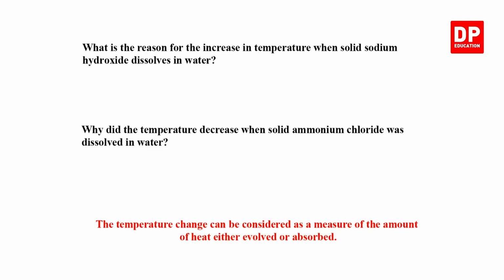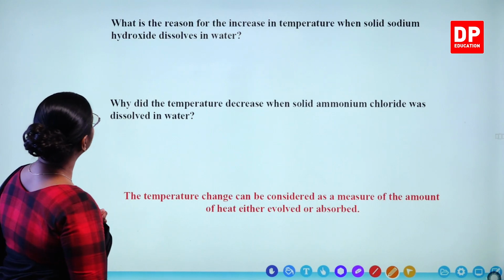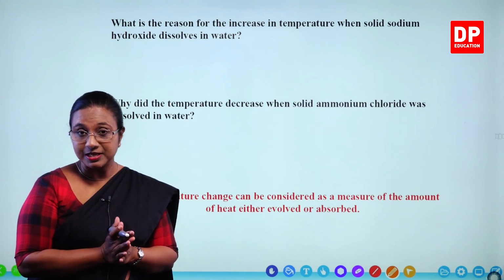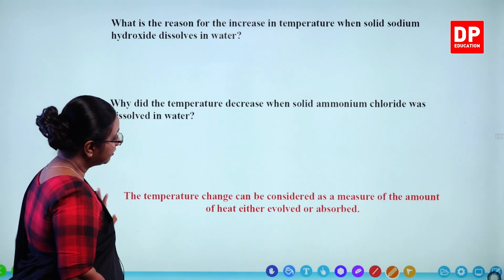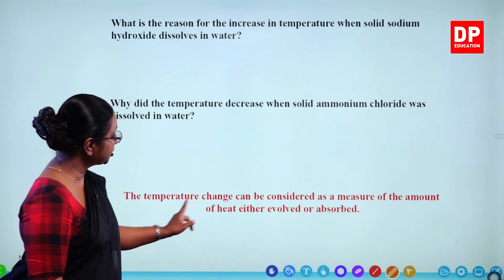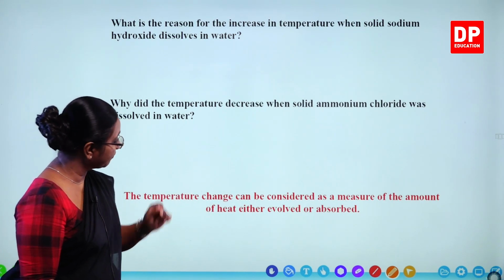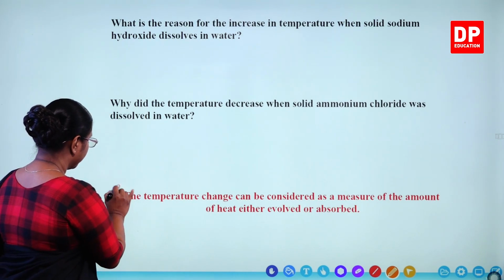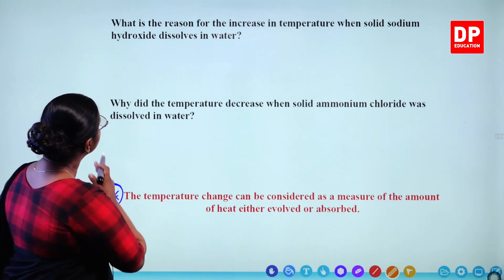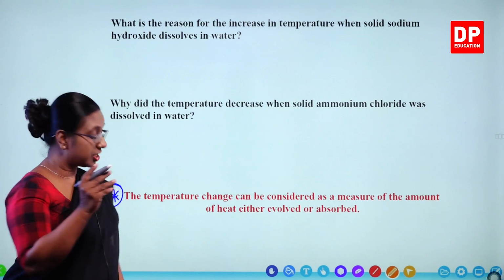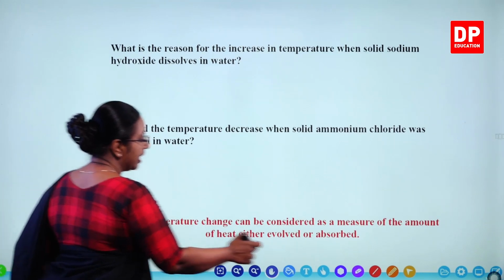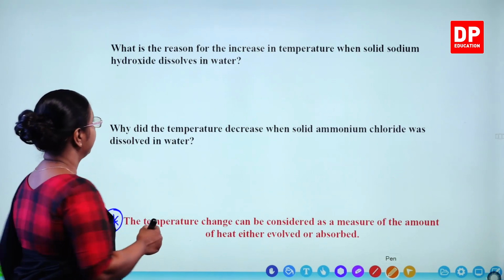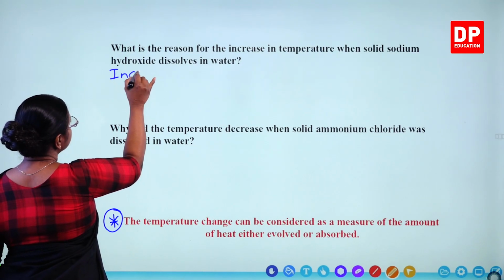So what is the reason for the increase in temperature when solid sodium hydroxide dissolves in water? I told you all, temperature is the measure of heat. So here, first look at this last sentence. The temperature change can be considered as a measure of the amount of heat either evolved or absorbed. So that is important. Temperature is a measure of heat. So in the first one, when NaOH dissolves in water, there was an increase in temperature. That means heat was evolved. So increase in temperature